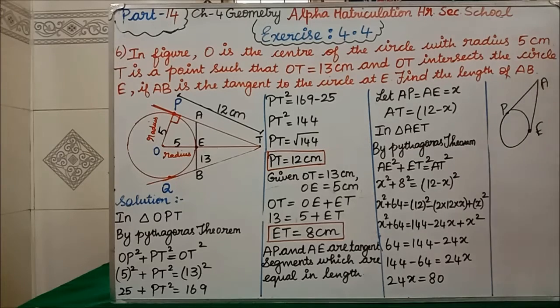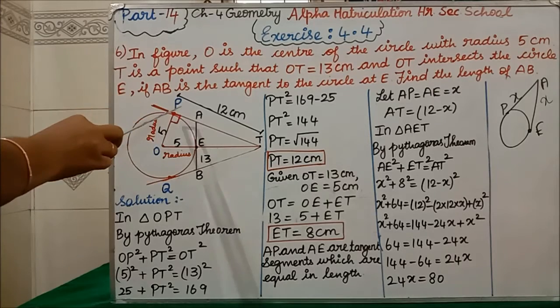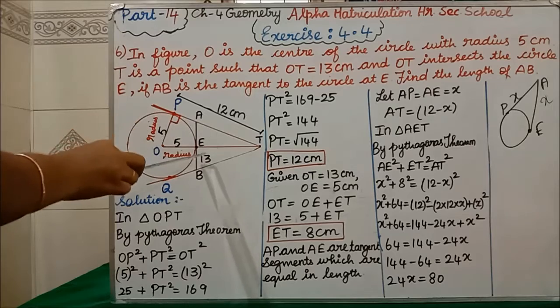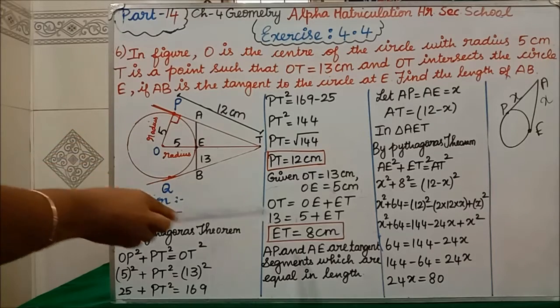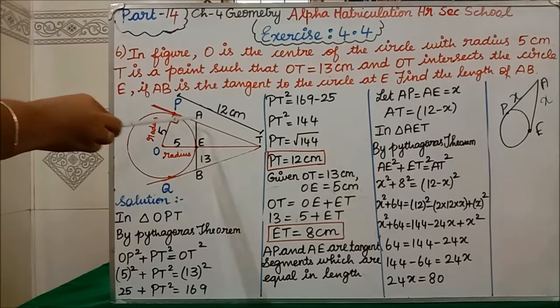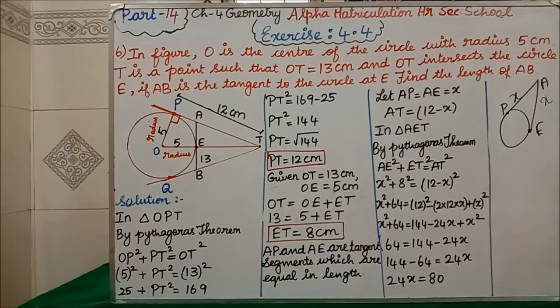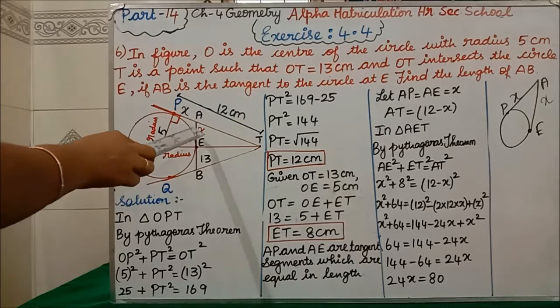So, since we don't know AP length and AE length, we are taking this length as x and this length also x. In diagram, I will explain now. See here we are having PAE. See like this, it's coming exterior to exterior angle. No? So, AP is equal to AE. Which is equal to AP we don't know, so I am taking x. Similarly AE we don't know, I am taking it as x. Now I am going to write there. See, we now got AP value is x and similarly AE equal to x.